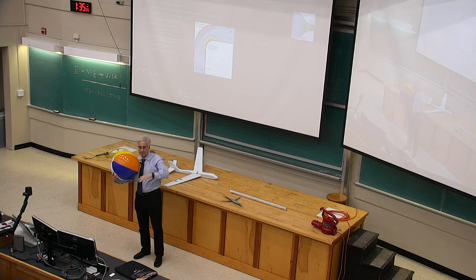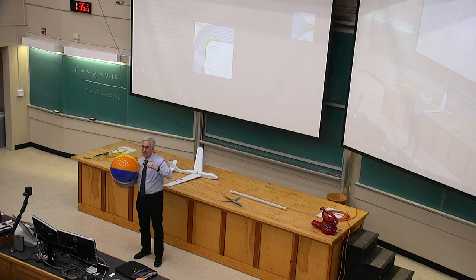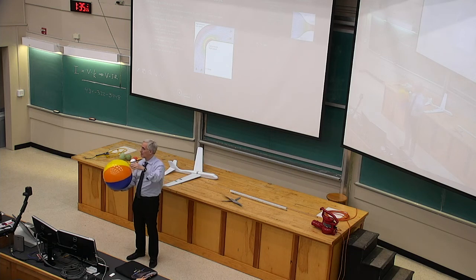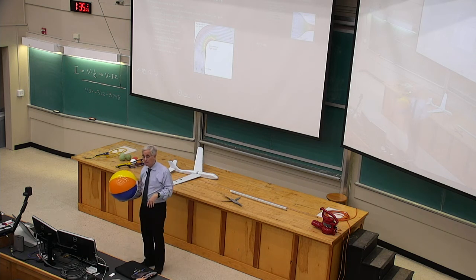So the buoyant force comes about because of higher pressure and density down here than up here due to gravity. So far, so good? The question I asked you in the problem set, if you remember: in a spaceship way out in the boonies, no gravity, when they accelerate forward, what happens to the various balloons, helium and air? And the answer, just to tell you, is the air-filled balloon